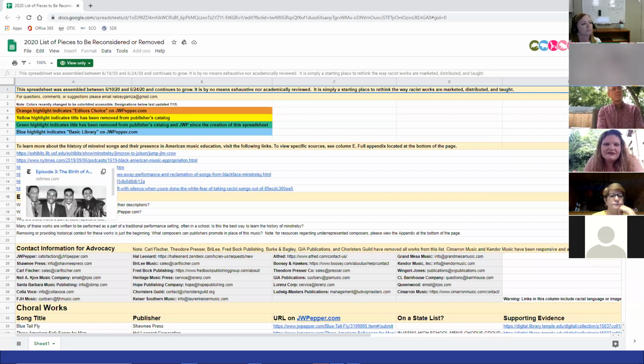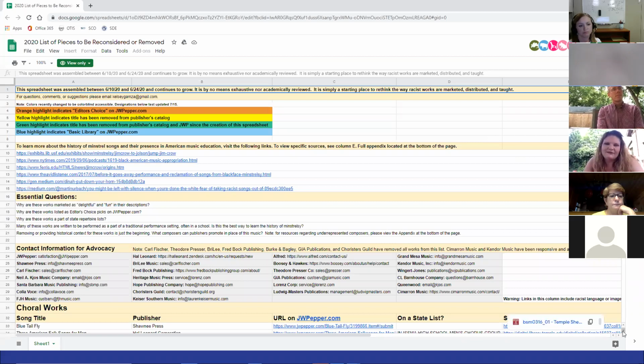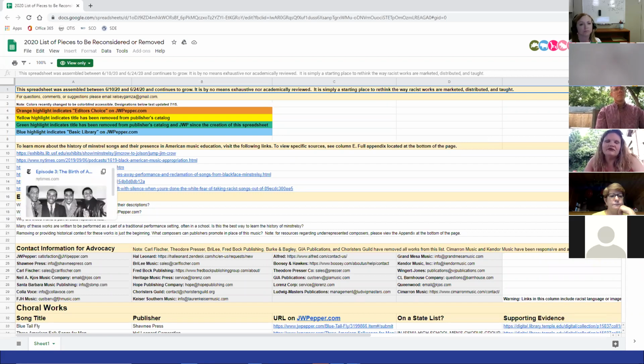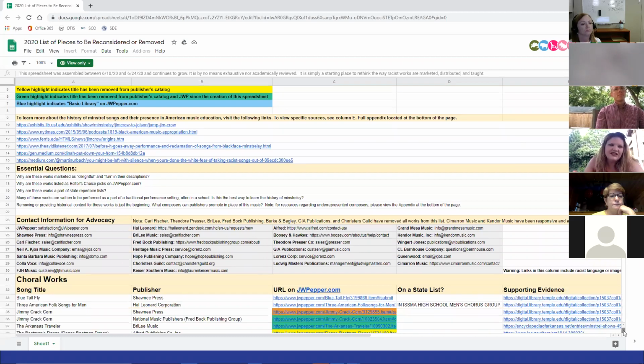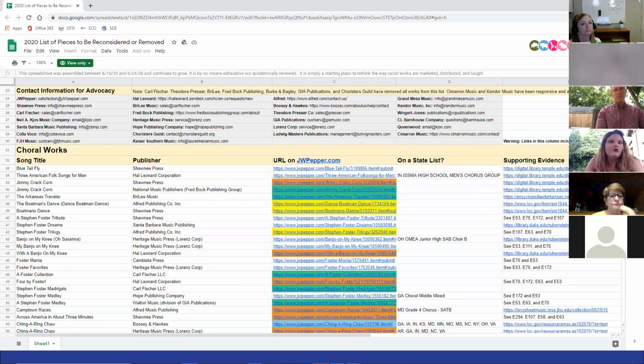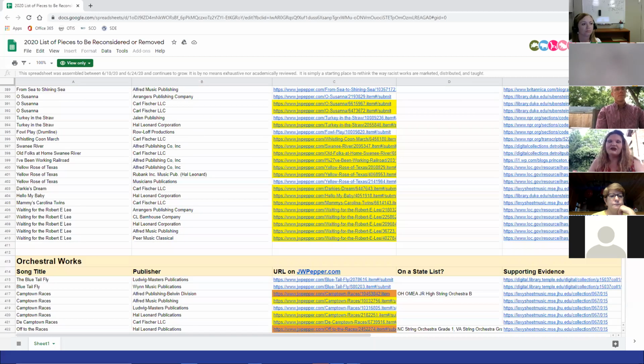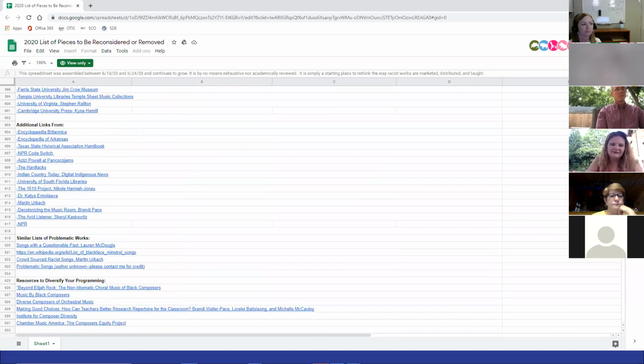So some of this music probably isn't appropriate for us to be performing, and you can write to or contact the publishers and advocate for those to be removed from the catalog. Now people think, oh, if we just remove this music, this is a part of our history, and absolutely it is. And there's a way and a place to teach that. It doesn't necessarily mean that we need to perform it. We can study this music in other ways. And you'll see, if you go through, there are just a lot of these. So this has been a really great advocacy project that she's put together.